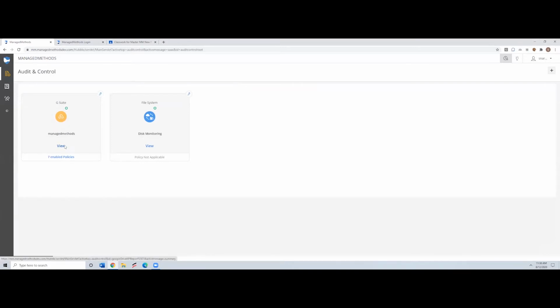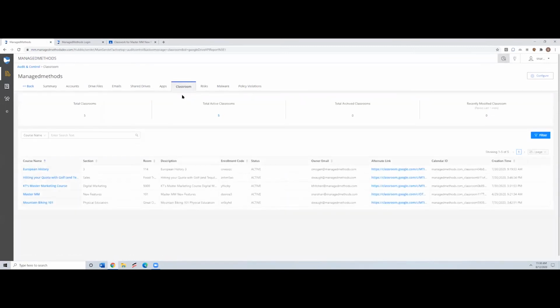So I'm going to go into the G Suite and go into Classroom. What we're adding now is the ability to manage classrooms in your environment. In our school district, in this environment, we have 5 classrooms. Obviously, in a real school district, the number will be a lot higher. European history is being taught by Charles Morgan. And I just got news that Charles got promoted. He's now our IT director. So he's no longer teaching European history. And I was told that European history will now be taught by Jake.